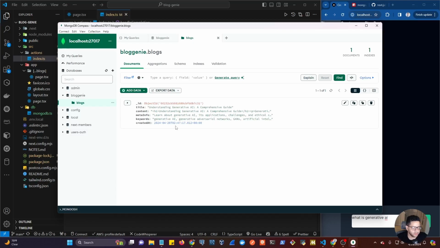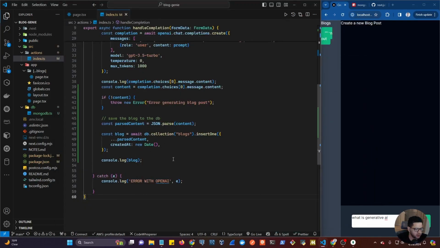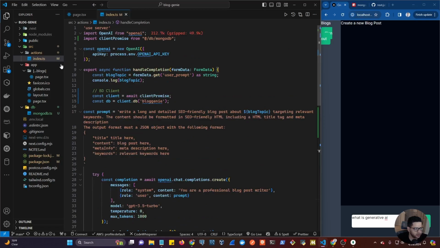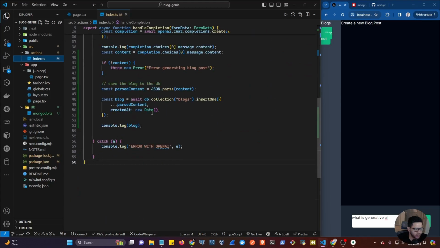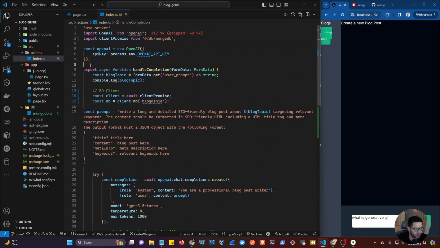Cool. So now they're being stored in the database, so we're not losing this data. And now what we can do, we can work on a new server action. We can put all these server actions here. This is the handle completion one that is generating the blog post, but we could at the bottom, if we wanted to, let's just have a